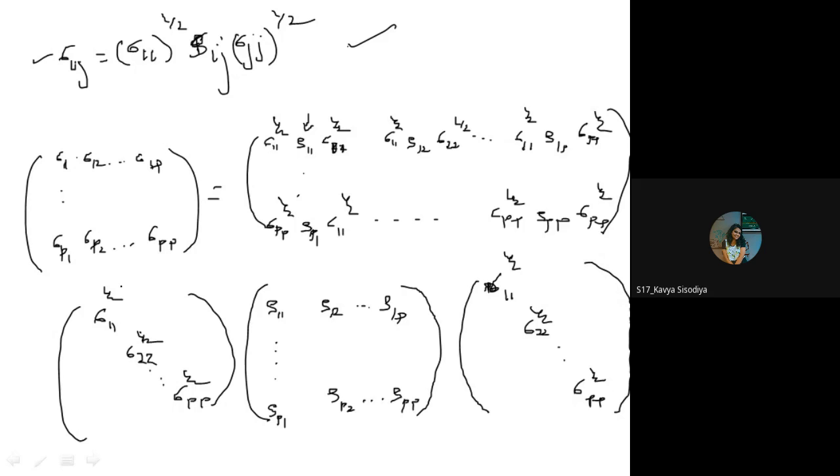If you multiply the diagonal matrix with this, what will you get? Sigma 11 raised to half multiplied with the row, the rest are 0, because off-diagonal elements are 0 in a diagonal matrix. Right? Yes sir. So only one element is multiplied. So what is the answer? Sigma 11 raised to half rho 11. And again, multiplying this with this, the first element comes. So what finally comes? Sigma 11 raised to half, rho 11, sigma 11 raised to half. So it means that I can write this.